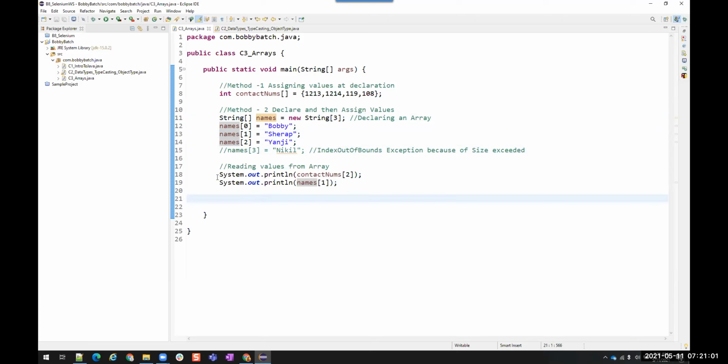Right. Now we also read the values from an array by using the same index mechanism. This is about single dimensional arrays, and in Java we also have multi-dimensional arrays. Generally we use multi-dimensional arrays in the concept of matrices. If you want to create a matrix, remember the concept of matrix, we have rows and columns.